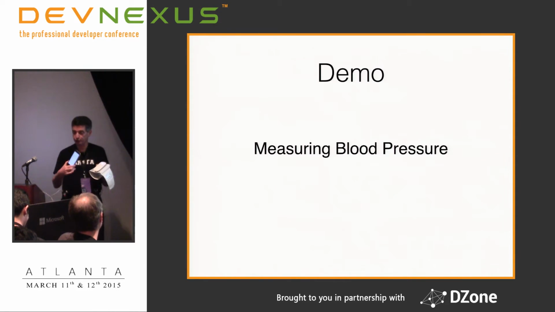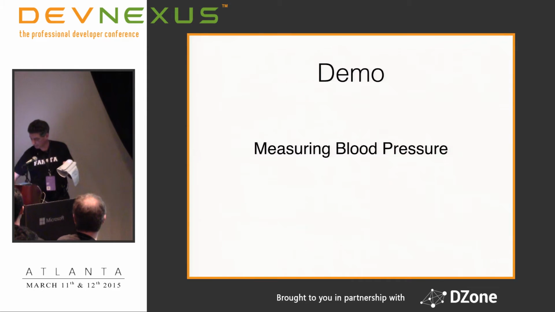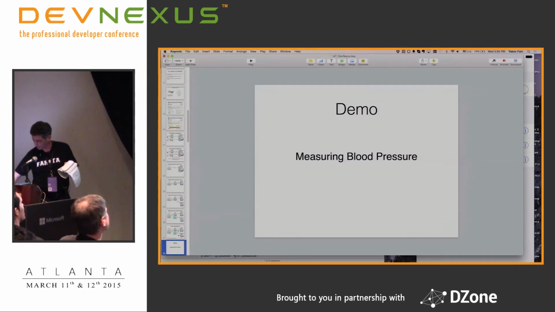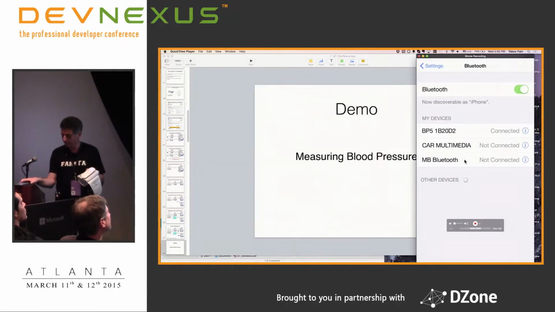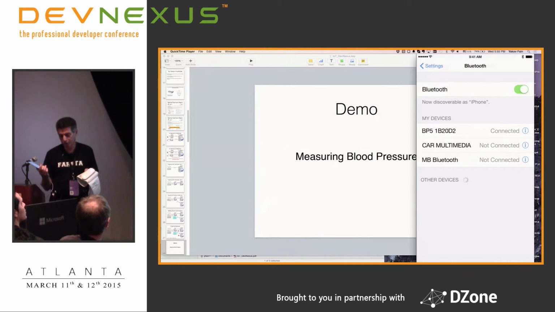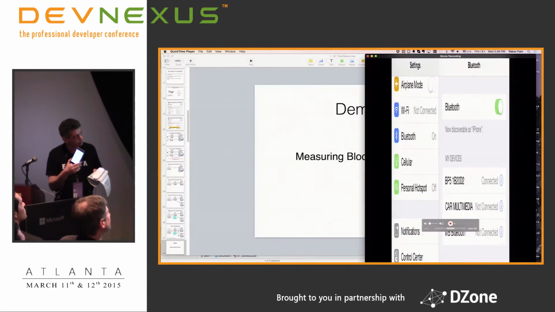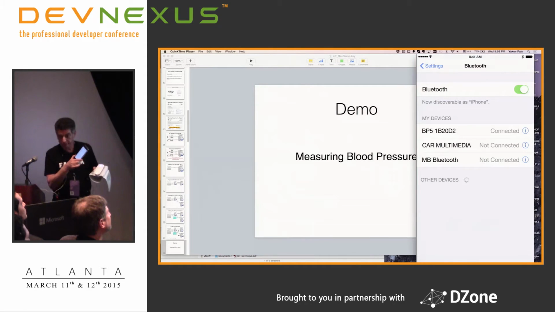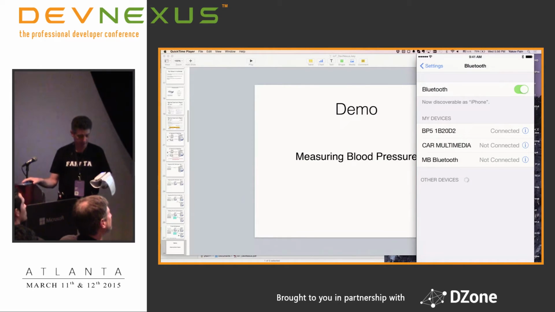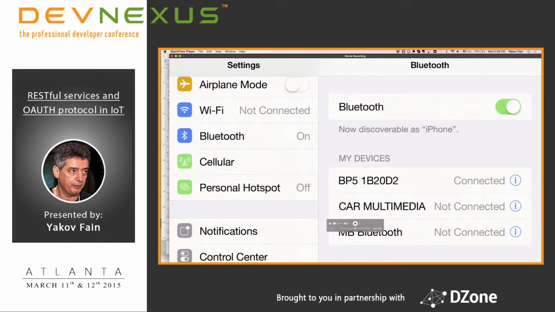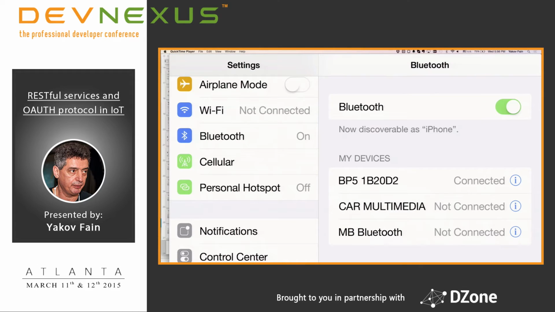By the way, I recently learned how to show the screen of my iPhone over there. You go to QuickTime, which is installed over there, choose file, record the movie, and since my phone is connected, you see it's my iPhone now. So check it out. BP5, that's the device. It is connected using Bluetooth now. So let's try it. Even I can do this.